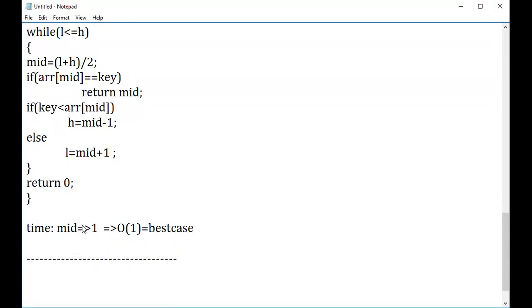Whenever you are checking for an element which is not there, or an element which is present but not at the mid position, what could be the time complexity? Each and every time, you are doing mid equals low plus high by 2. What time complexity did we find for continuous division?